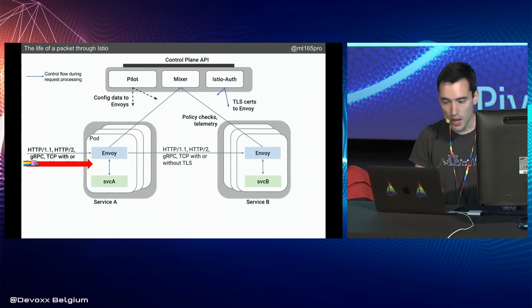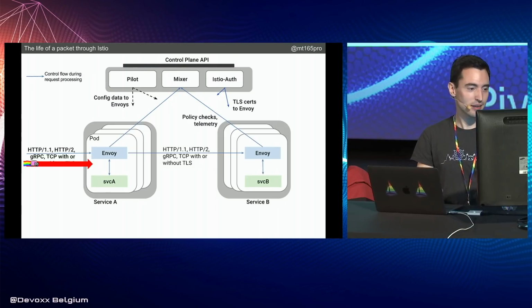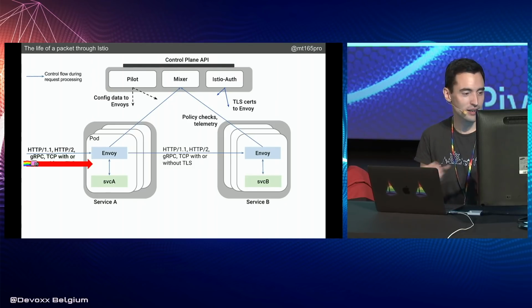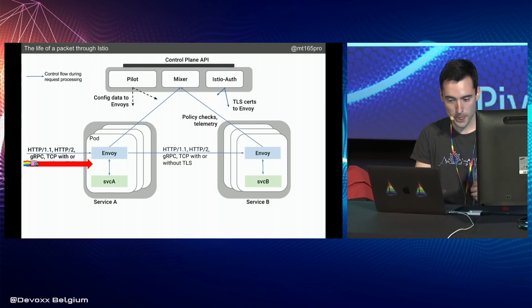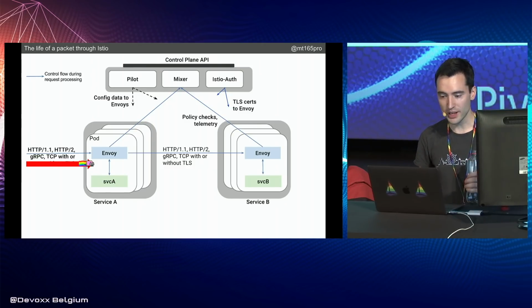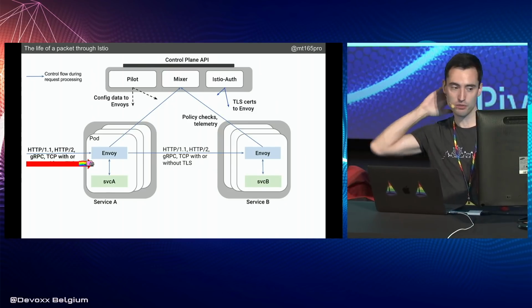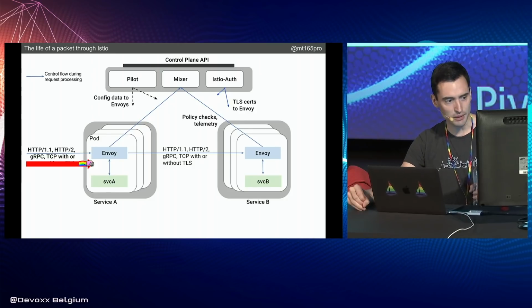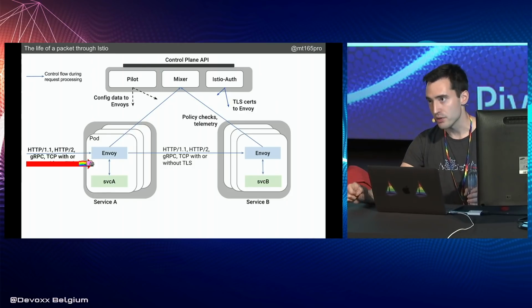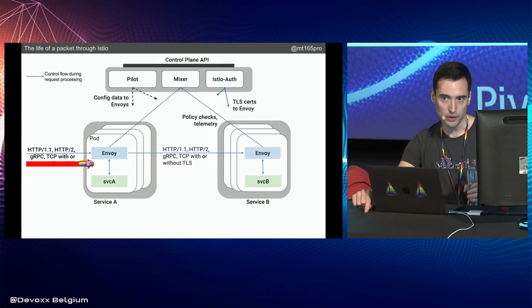Gone too far. So now our packet can, I don't have any music, start its reversal of the famous diagram. The first thing it gets to do is hit a pod. Each of these pods has an IP, right? It's already been through the whole ELB. If you're on AWS, it's been through the node port. It's been to a cluster IP that's picked one of these pods at random. And now it's got to the IP address of one of these pods, right? It's going through one of these veth pairs,